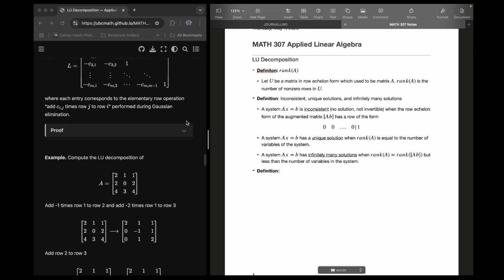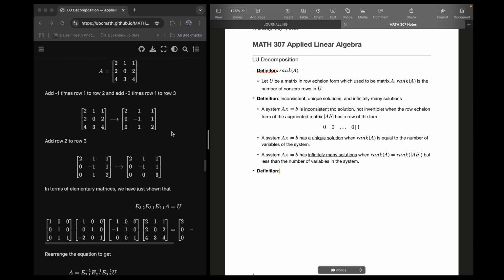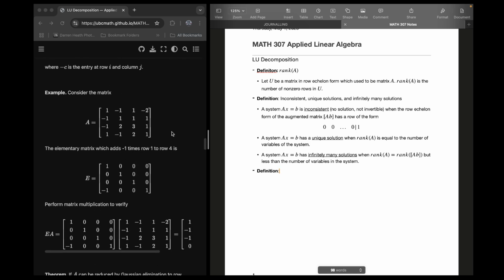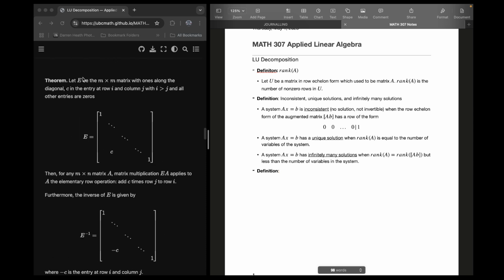Theorem. Let E be the m by n matrix with 1s along the diagonal, c in the entry at row i and column j with i bigger than j, and all other entries are 0s. Then for any m by n matrix A, matrix multiplication EA applies to A